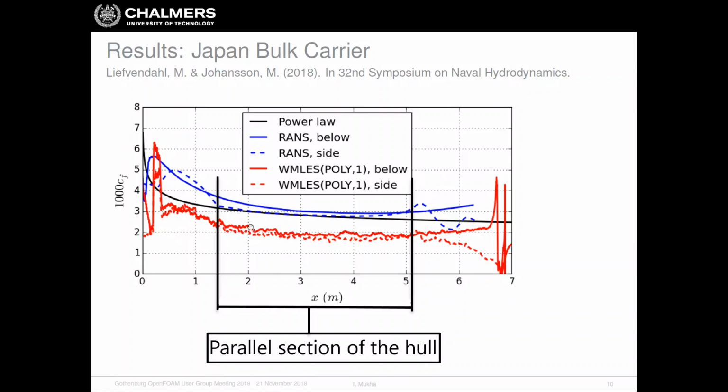Now for WallModelled LES, we again see this systematic error in CF, which we can say is due to the fact that we've used sampling from the wall adjacent cells in this simulation. But otherwise, the behavior of the curve is very close to the RANS and to the estimate, but there's this systematic shift that we talked about before.